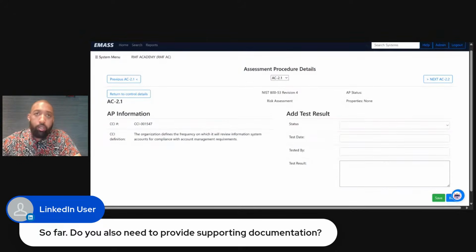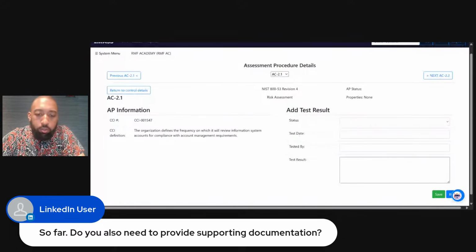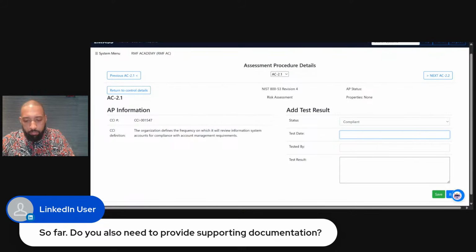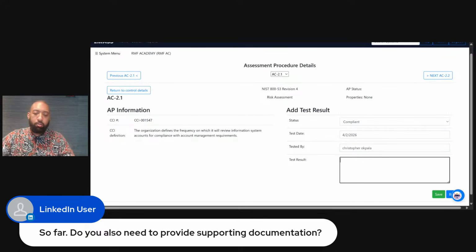So in this one, what you would do for this control is, the organization defines the frequency on which it will review information system accounts for compliance with account management requirements. If you're going to do that, again, if it's compliant, you're going to put the test date. We're just going to use today's date. Tested by, I'm just going to put my name. And for example, if you're testing a control, you can say, hey,